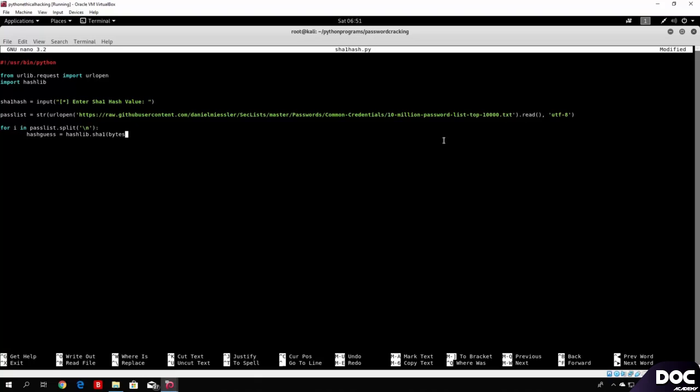Now, since we are specifying the password list from the internet, we need to use the bytes function on our password, and we need to encode it with UTF-8, which is the standard encoding on website pages. Now, all we are left to do is specify the hexdigest function, which will make the SHA1 hash from our string. So hexdigest, and right now our hash guess should have a SHA1 hash from the certain password that we are iterating over. All we want to do is now check if this hash guess is equal to the SHA1 hash,